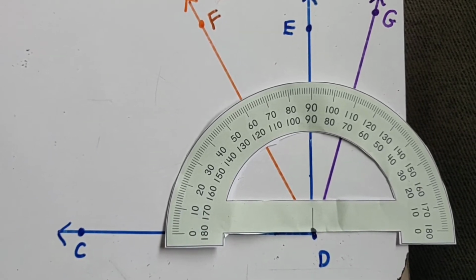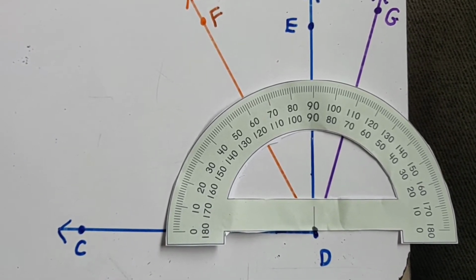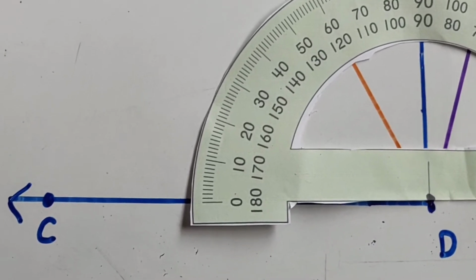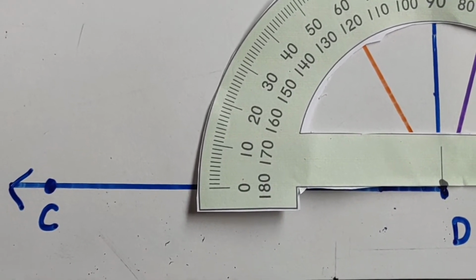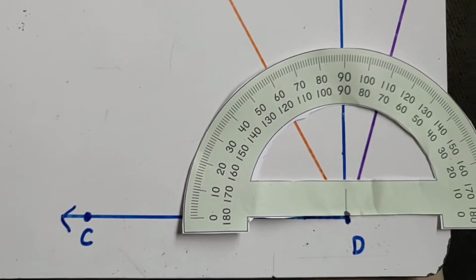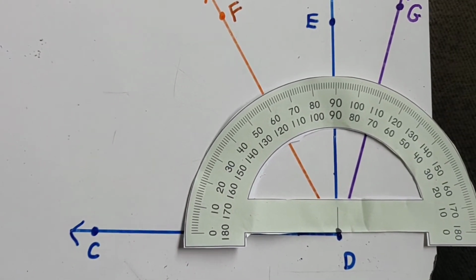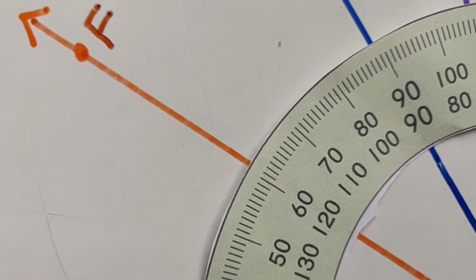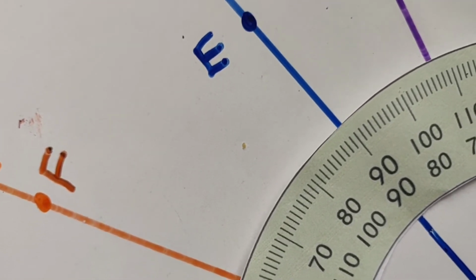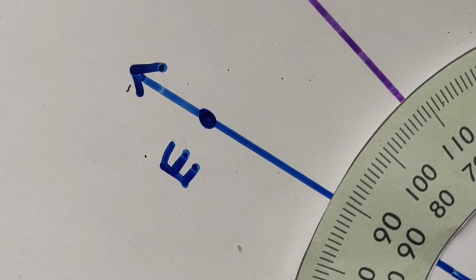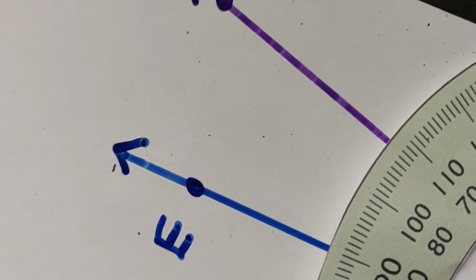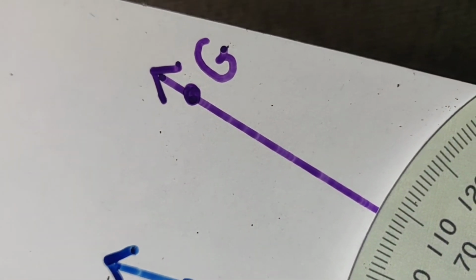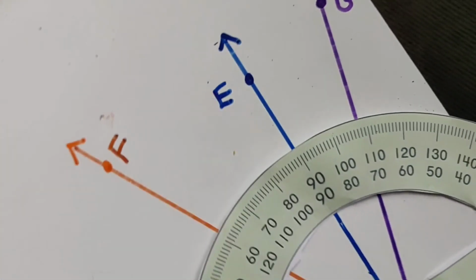Again, because the protractor is placed on the vertex D and is running to the left along ray DC, we're going to start with that outside scale with that 0. Some people think of it as the top group of numbers to measure angle CDG. And we can see that we go from 10 degrees to 20 degrees to 30 degrees to 40 degrees, 50, 60, 70, 80, past 90 degrees, which was our right angle, CDE, to 100 degrees. And it's not quite to 110 degrees, it's maybe 2 degrees less, so about 108 degrees for angle